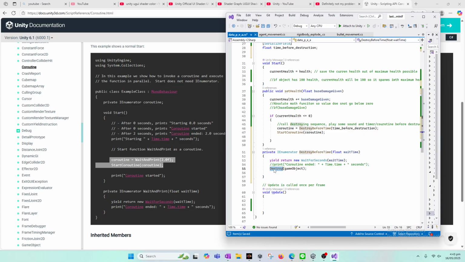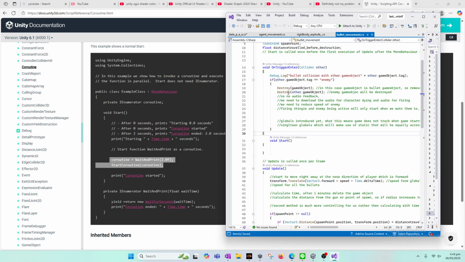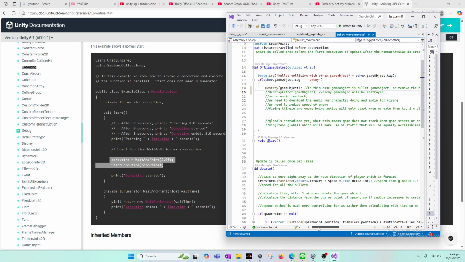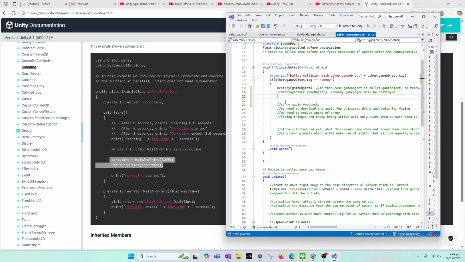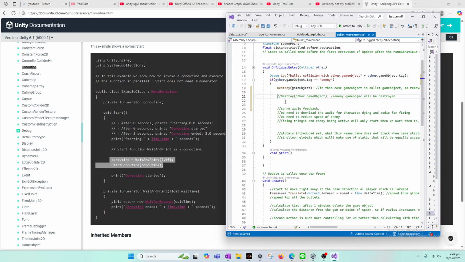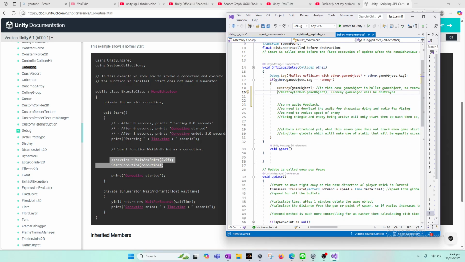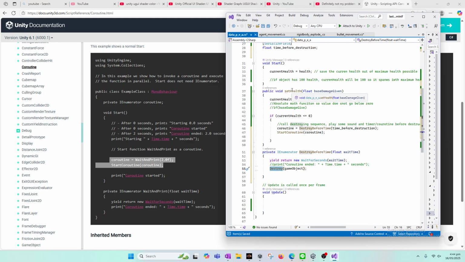Or in the previous cases, if I can show you in the bullet movement, it was using destroy this, and then there is destroy immediate. If there is a problem in timing, you can use that as well. So this is the bullet, it's fine, delete the bullet, and this we deleted recently, so we want the enemy game object. Instead, what we will do is call the setHealth function,